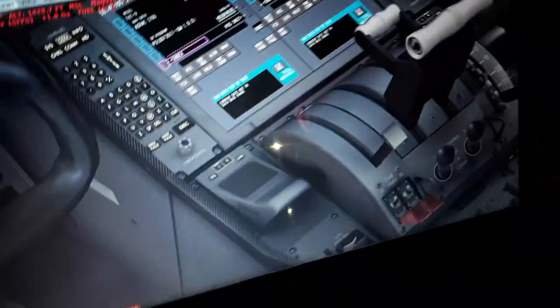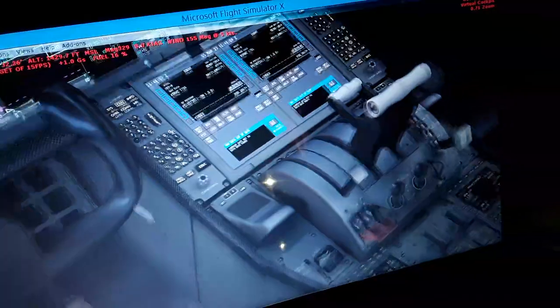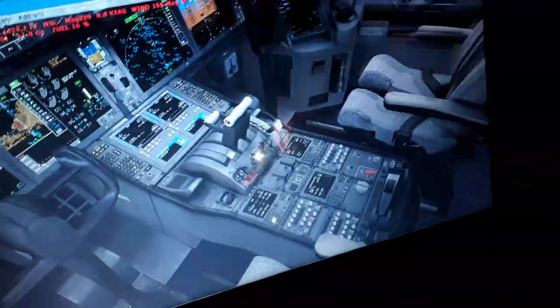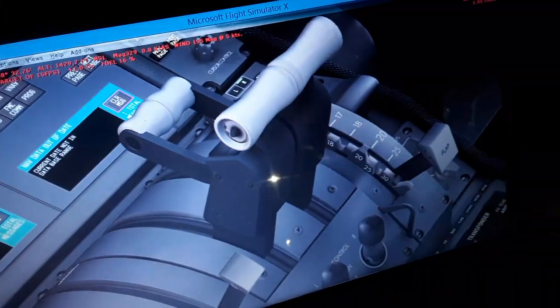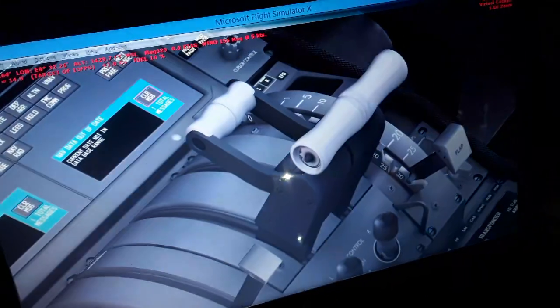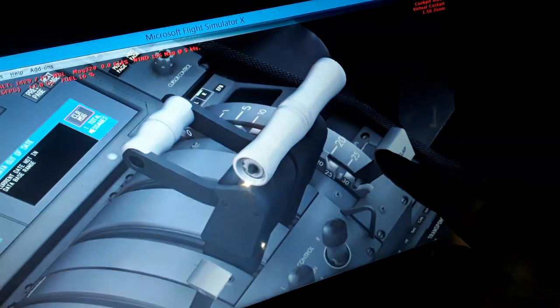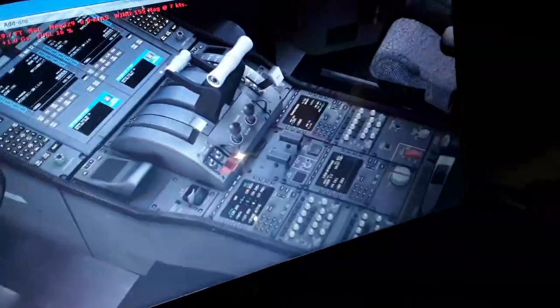You're gonna see also the mouse pad here using the cursor of the displays. We have the fuel control over here, left and right engine, fuel flow, thrust levers, forward and aft of the engines, and autothrottle, disconnect, flaps, position and speed brakes, radio management panel over here,